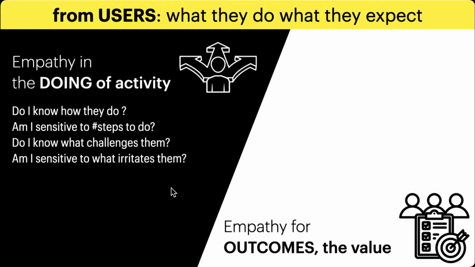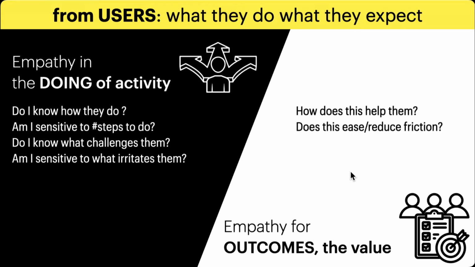So I'm trying to get into the mind and say, as a user is doing something, could I visualize? Can I get into his mind? The other thing is their outcomes. They do some job, they get some outcomes, the system delivers some outcomes. So from the context of value to them, how can I be more empathetic? How does this help them? It's really about asking the question: how does this add value to what they're doing? Does it help them be more consistent? Does it help them do it faster? Does it help them do it better? How does it really help that individual per se?